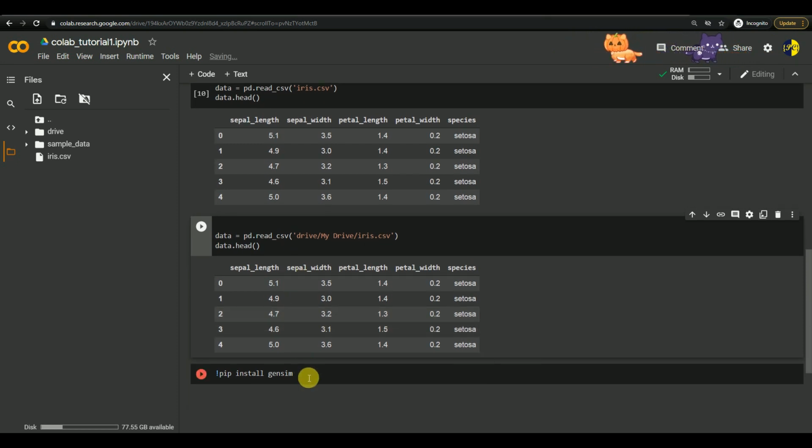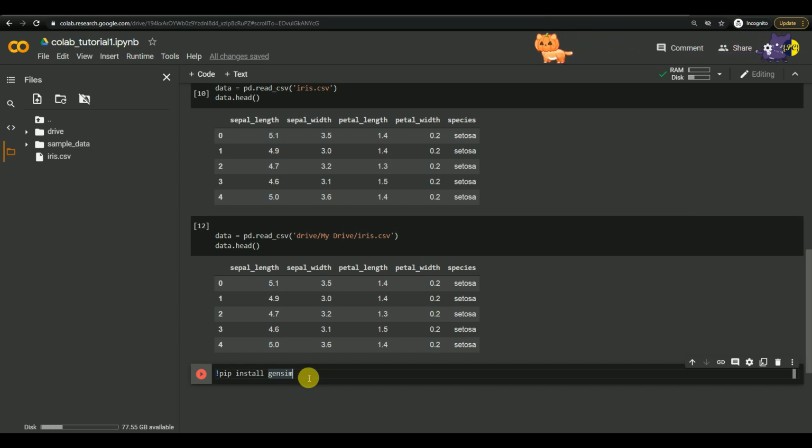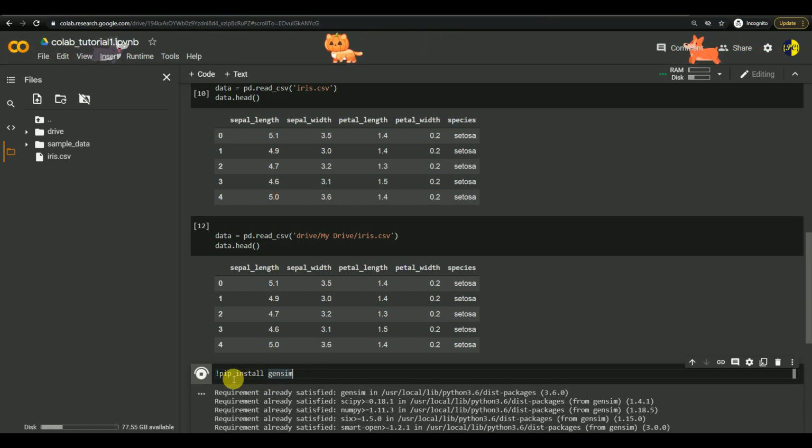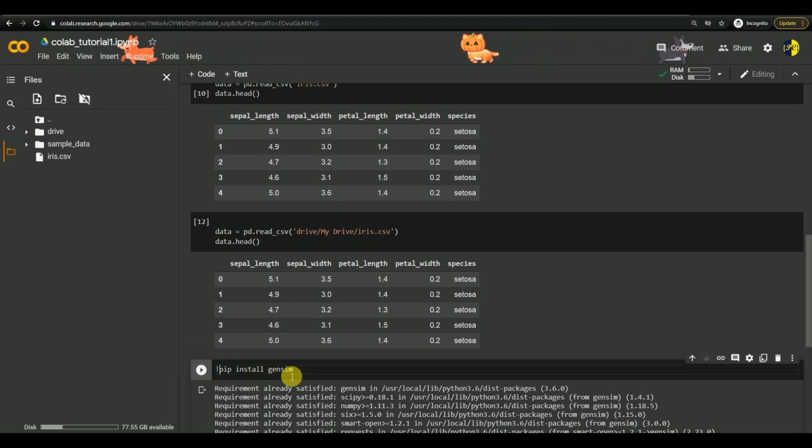And now at last, let's see how you can install packages which are not there in Google Colab. All you need to do is execute the command which you would execute on your command prompt by appending an exclamation mark in front. You can run all the commands. For example, if you want to list all the files in your directory, you can use the ls command just like you use it on your command prompt. You can use it here by appending this exclamation mark.